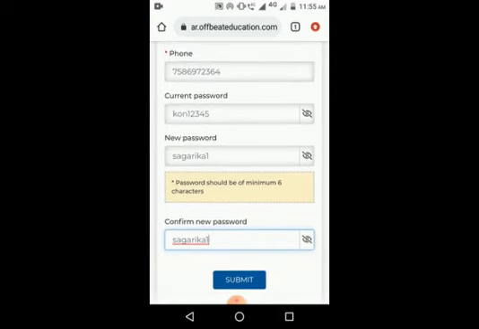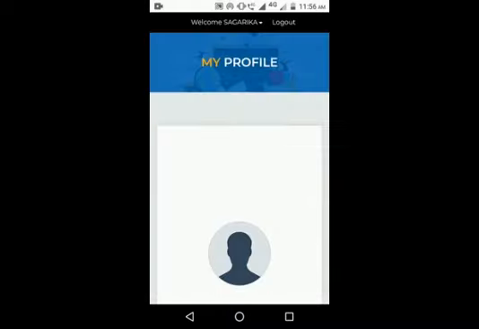Always remember, you have to set a new password for security purposes. And one more thing, please don't share your new password with anyone. It is for your security. Please write down your password in your school diary, whatever password you are giving. We will not provide you your new password, so you have to remember it. Please write it down in your school diary. After giving that, I have to click on submit.